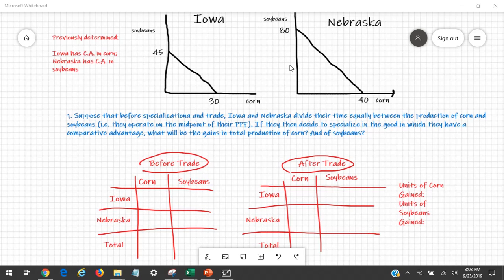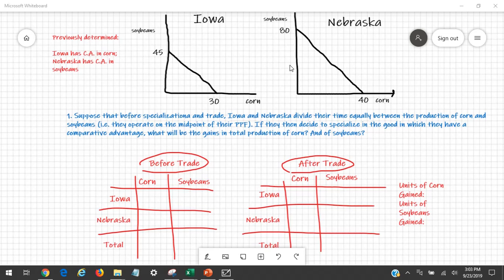The reason I'm making these videos is because you are definitely going to see a problem very similar to this on exam 1. And so I want to make sure that everyone knows what I'm looking for and how to calculate all the different things you need for the exam problem. So once you've walked through determining the opportunity cost, comparative advantage, and specialization for two goods,